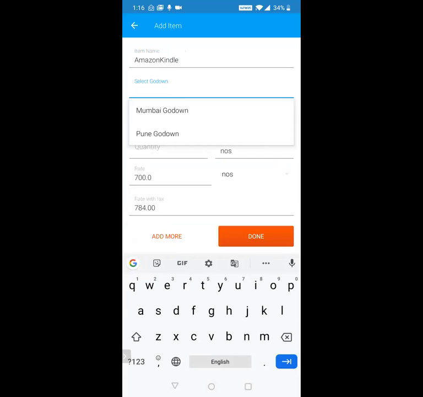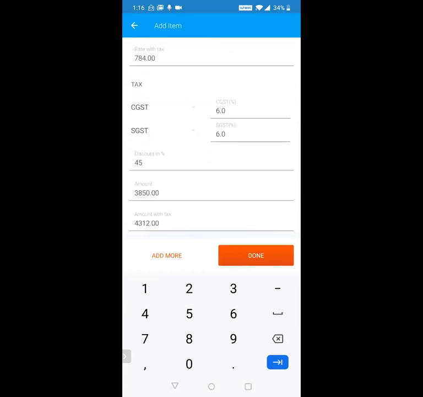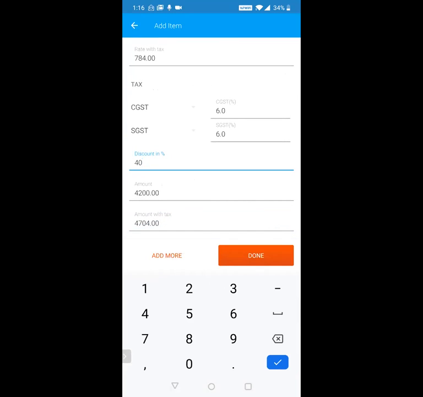Okay, I can select the godown. I can put a description. I can select the quantity, discount and everything. Now it will pre-fill some of the things based on the last transaction, but you can edit at any point in time. So instead of 45%, I only want to give 40%, I can do that. If I want to add more items, I can do that, or I can say done.